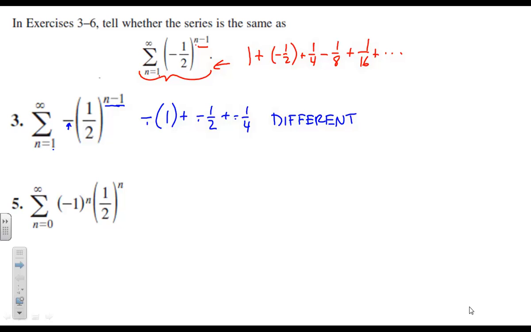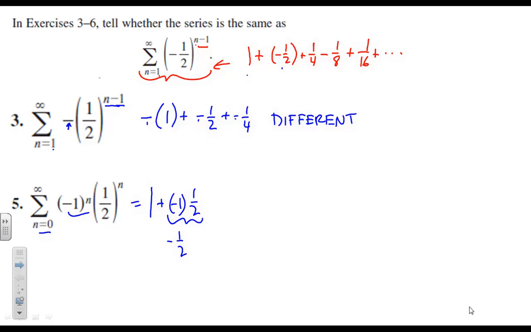Well, when n is 0, I've got negative 1 to the 0th, which is 1, and I've got 1 half to the 0th. I'm sorry, 1 half to the 0th is 1. Well, that matches. Well, let's try when n is equal to 1 now, the next value in the sequence. So that's going to be adding a negative 1 times 1 half, or this is a negative 1 half, and